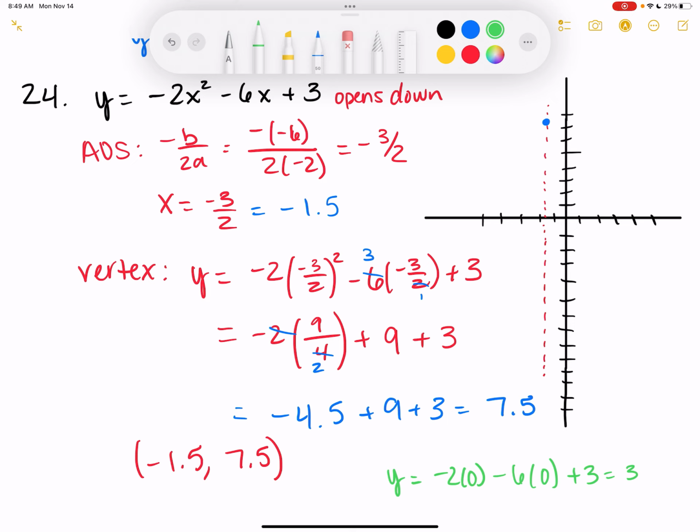So there's a point at 0, 3. So at 0, I go up to 3. Now this doesn't exactly look like it, but it's 1.5 away on the right, so I'm going to go 1.5 away on the left. So there'll be a point at negative 3, 3. And then you can connect